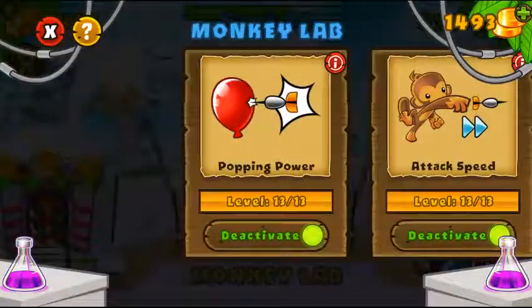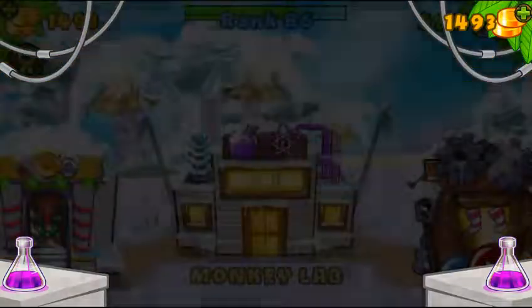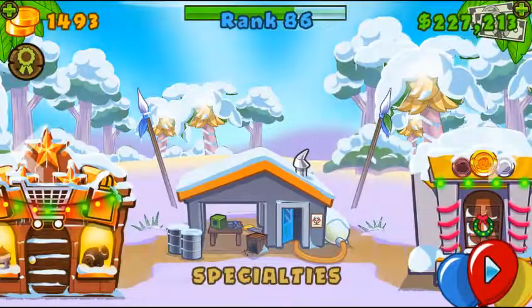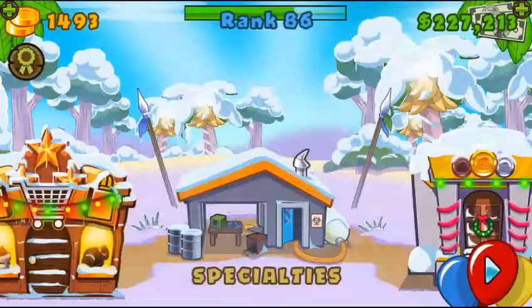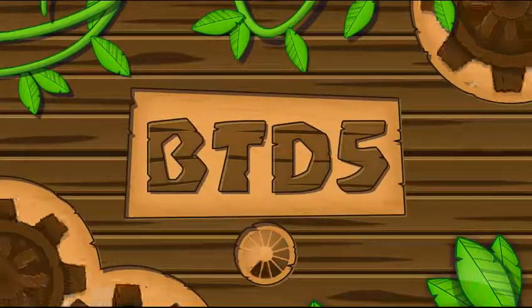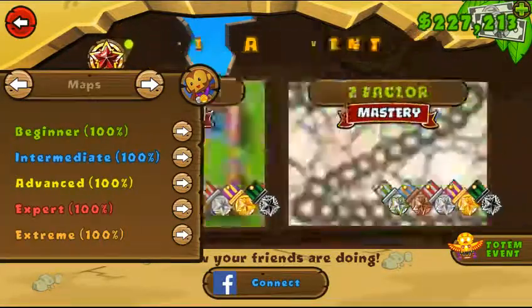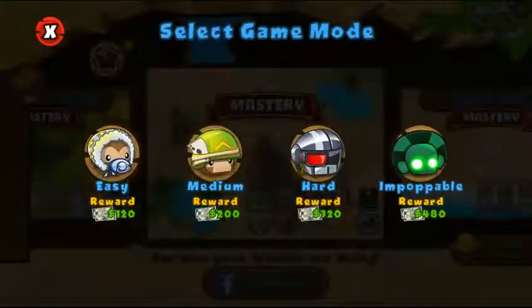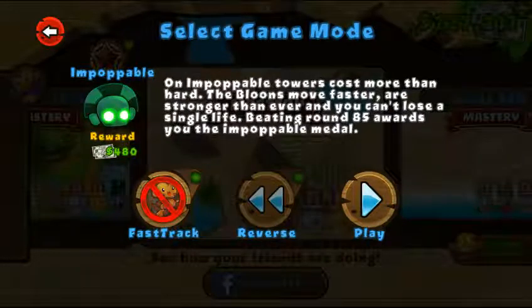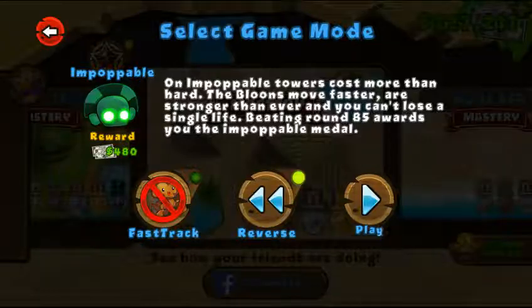But right here, let's continue with the Master Mode updated series. I'll have all the lab upgrades, and I'll be running with Engineer Special Building. I'm facing right now the intermediate tracks, but as I said other times, the intermediate tracks are still pretty easy to manage, to survive. Some of them are pretty hard, like River Rapids, but today I'm gonna do Pyramids, and